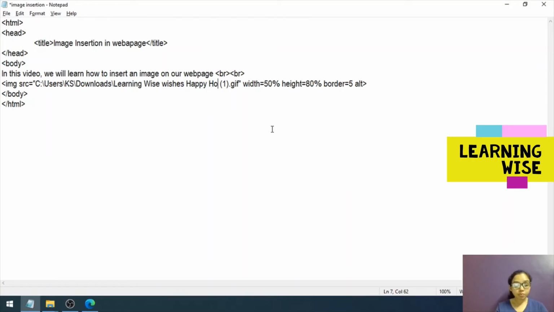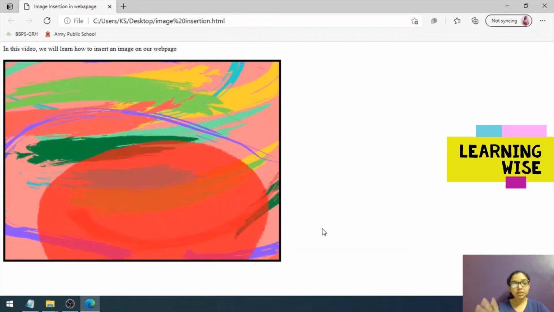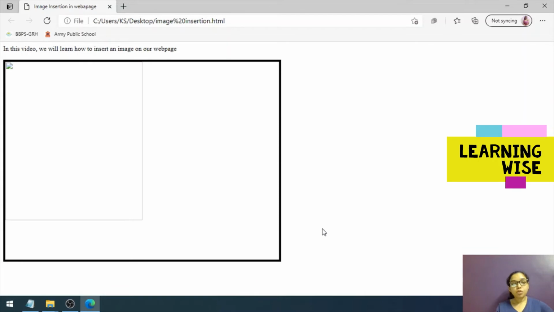I'm saving this work. Let's delete this ALT tag first to show you the output. Now can you see? There is no image right now because this image does not exist.